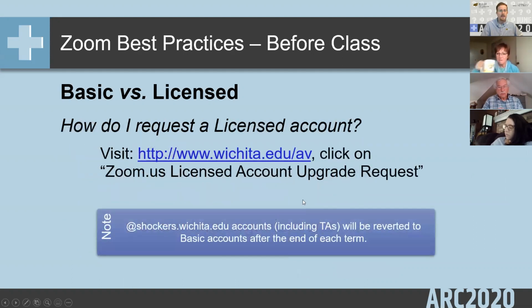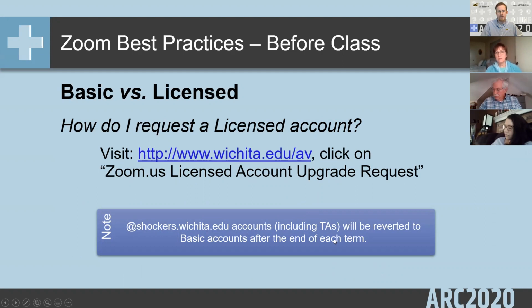So how do you request it? There it is, the wichita.edu/AV, audiovisual. Just click on Zoom licensed account upgrade request. I do make a big note here that anybody that has a Shockers email address, and that's going to be students, TAs, that kind of person,